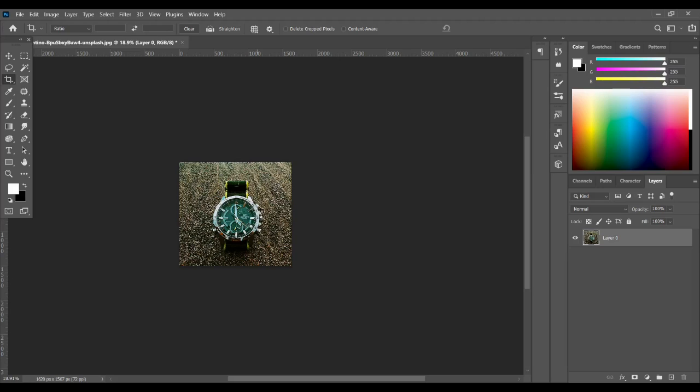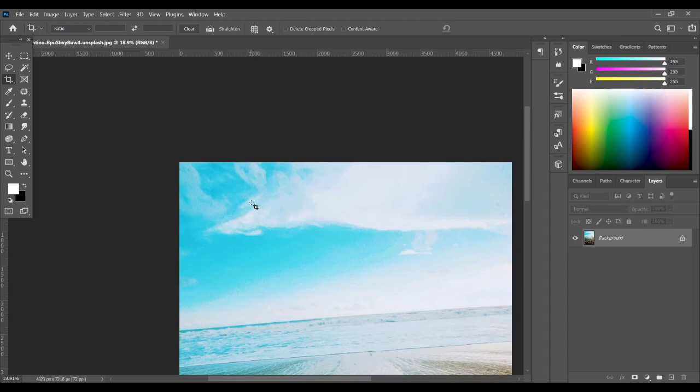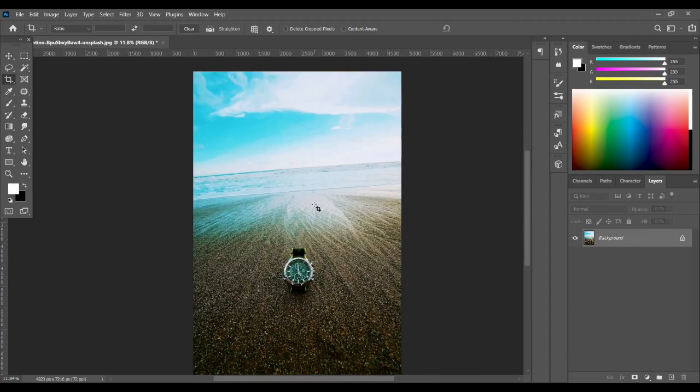But this deletion is temporary. To get it back, press Ctrl plus Z or Command plus Z. If you see, this delete cropped pixels option is not checked, but if you check it, it deletes your area permanently.